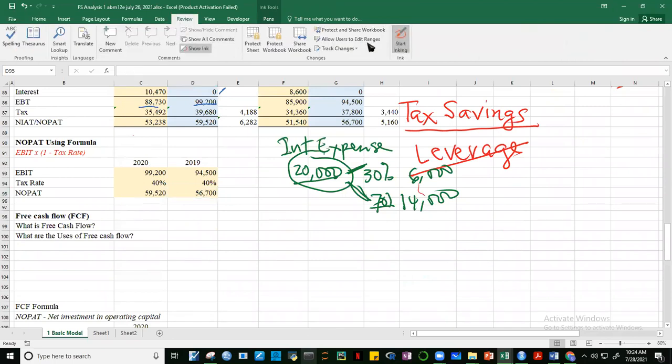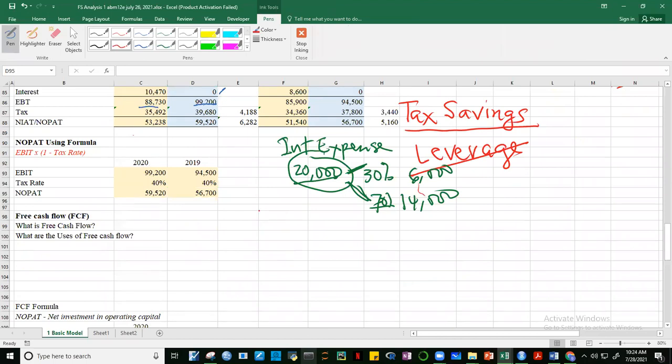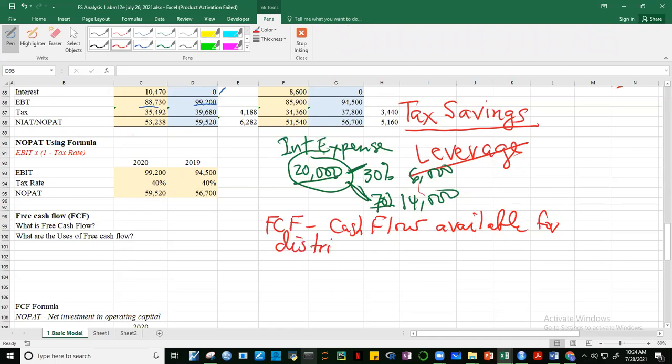Free cash flow. This is cash flow available for distribution to investors